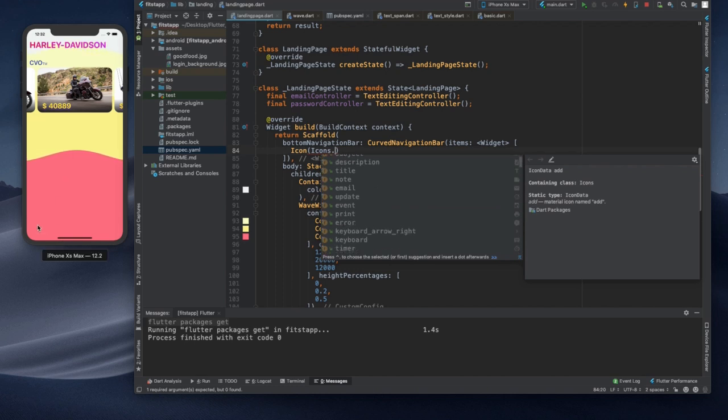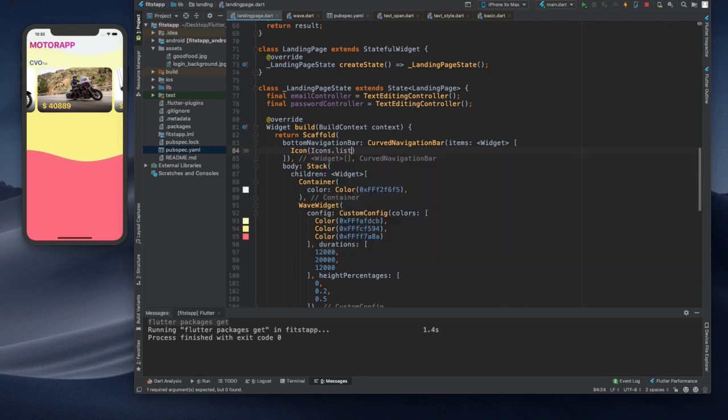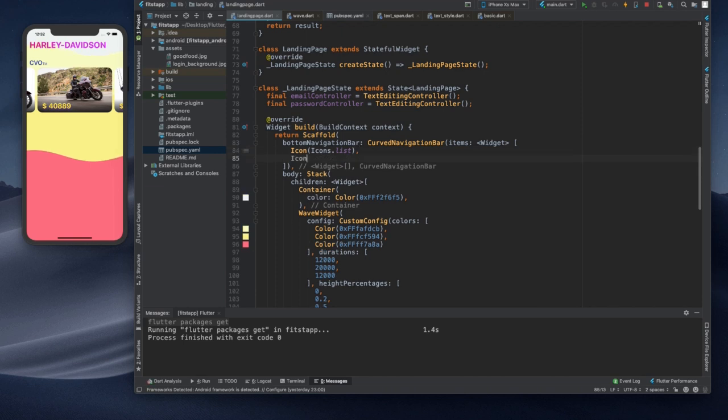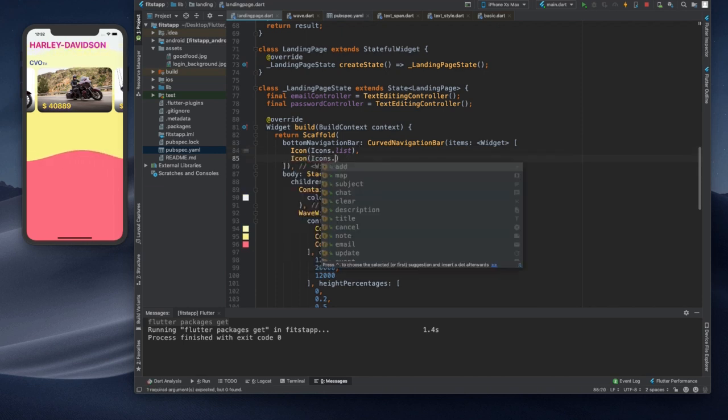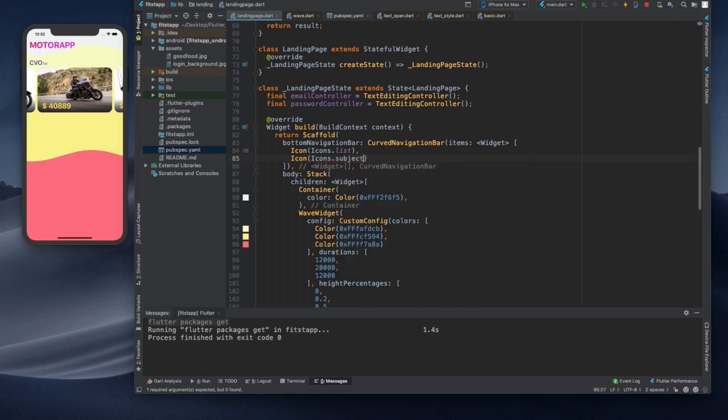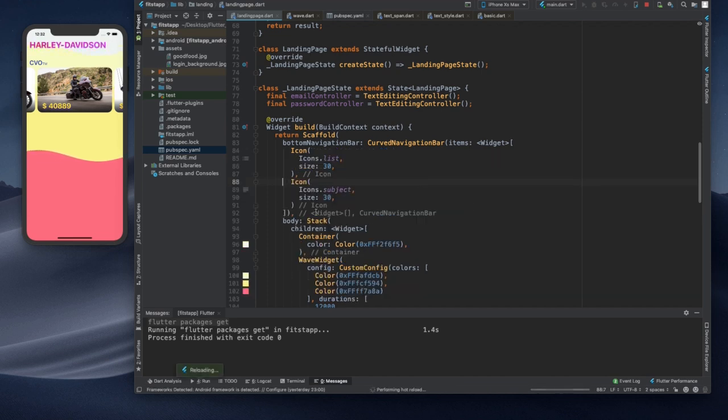and then for the first one, we are going to use a list, and for the second one, we're going to use for detail maybe subject, and we have 2 pages only, so we say the size is 30, and when we save, we can see the animation, but the background color doesn't correspond to our background color, so we